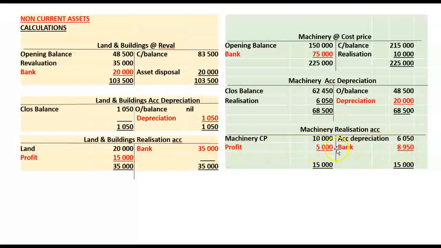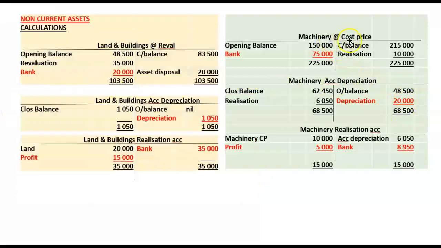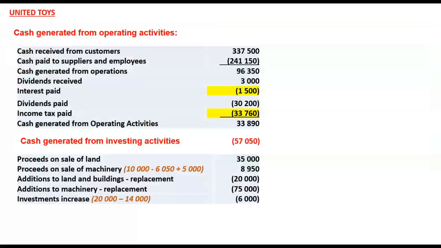So therefore we can work out what the proceeds was, and the proceeds was 8,950 rand by balancing off this account. Once we have the proceeds, we can go and dump it where it should be. Proceeds on the sale of machinery, 8,950 rand. Now we can balance off our cost price account, and on the debit side, we are actually needing a debit of 75,000 rand, and that was new machinery purchased during the year. So once we have that figure, we can dump it where we should. Additions to machinery, replacement,